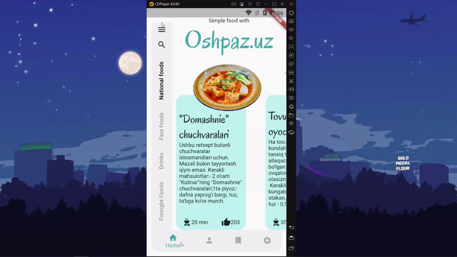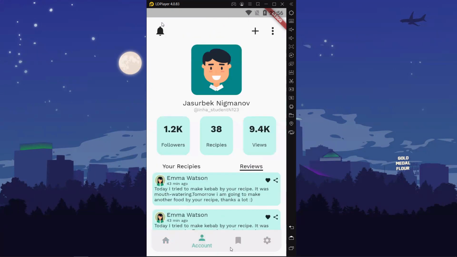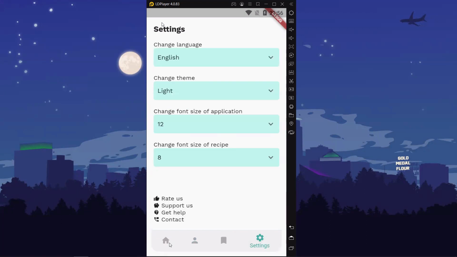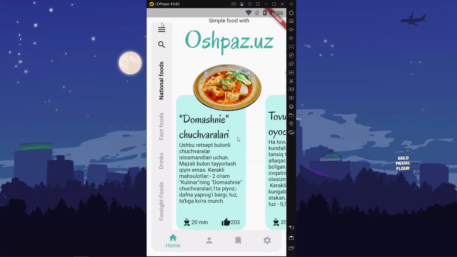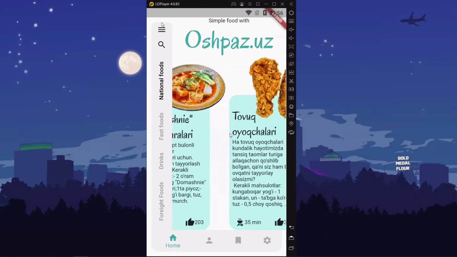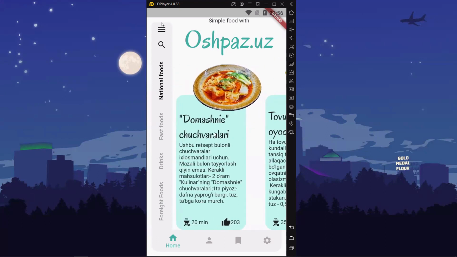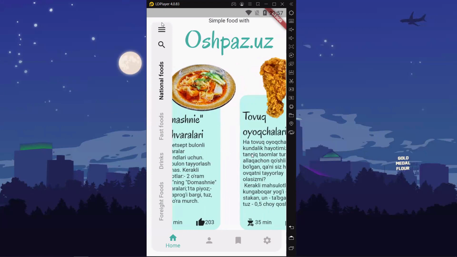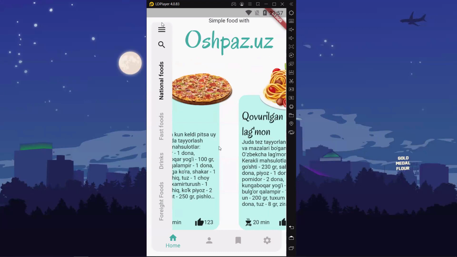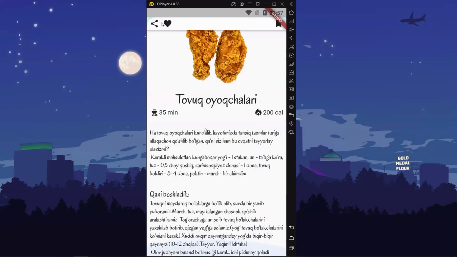At the bottom, you can see these four buttons. Here are our home page, account page, saved recipes, and of course, settings page. Let's talk about the major part of our application, which is the home page, of course, where you can see all the recipes we have. If you tap on one of them, you can get inside and you can see these three